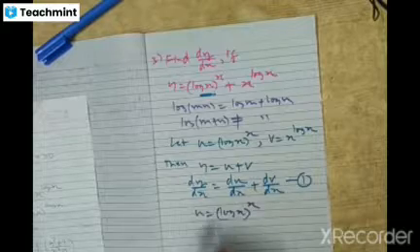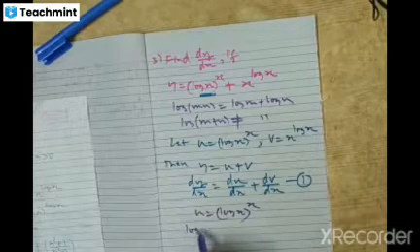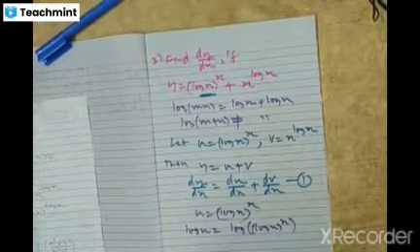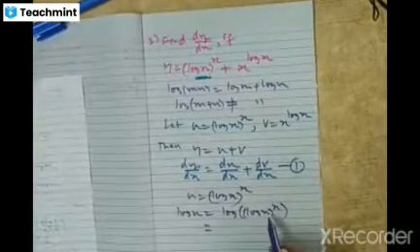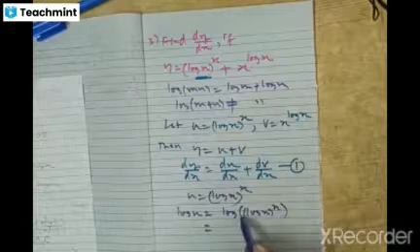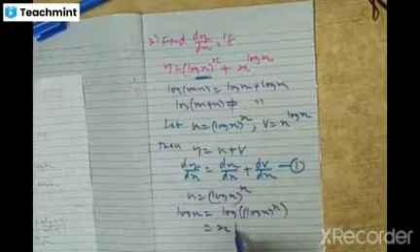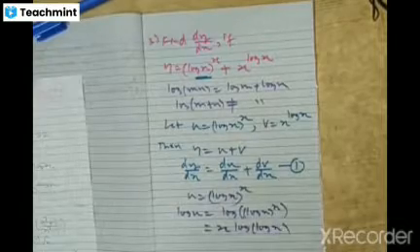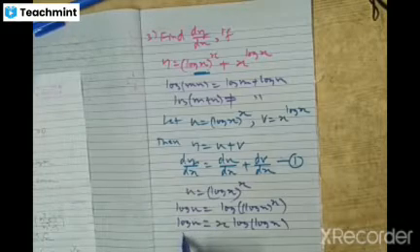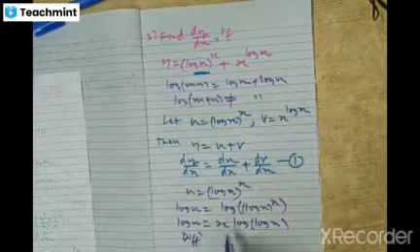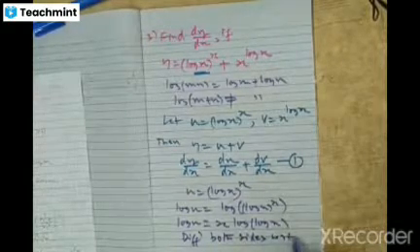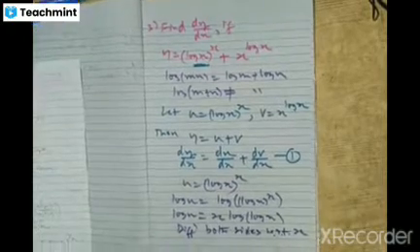So take log on both sides. So log u is equal to log of (log x) whole per x. So this is equal to, using the property log m per n is n log m, we can write this as x into log of log x. Now differentiate both sides with respect to x. So differentiating both sides with respect to x.